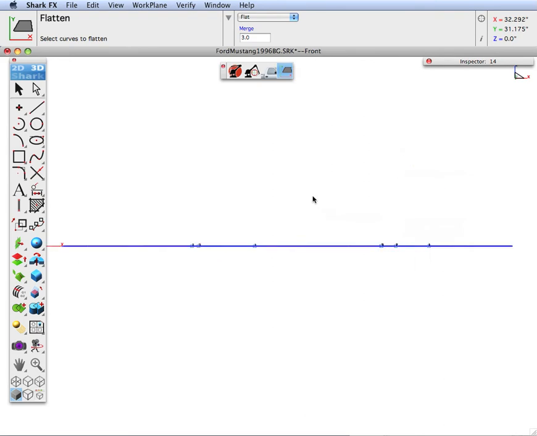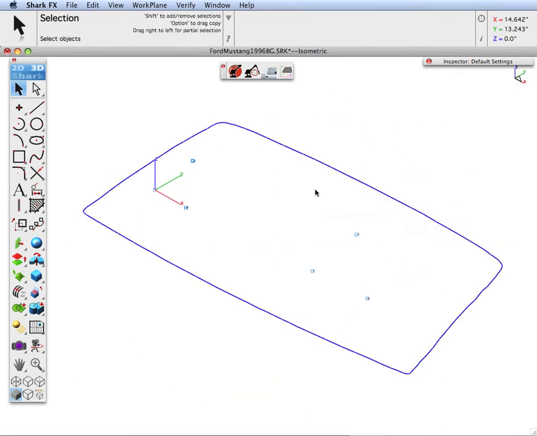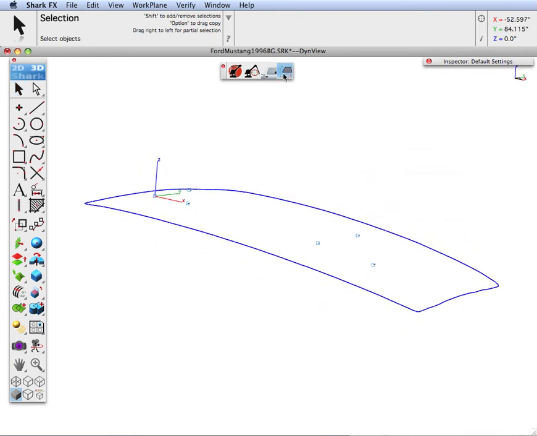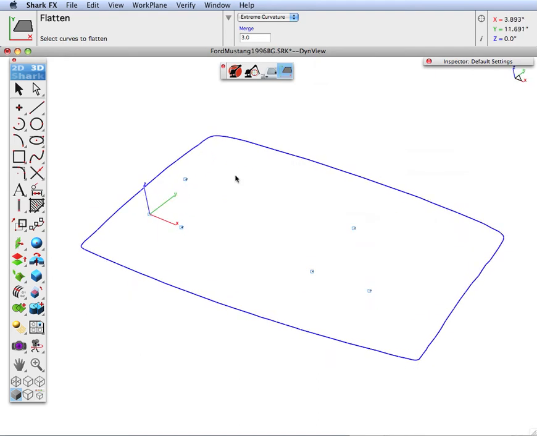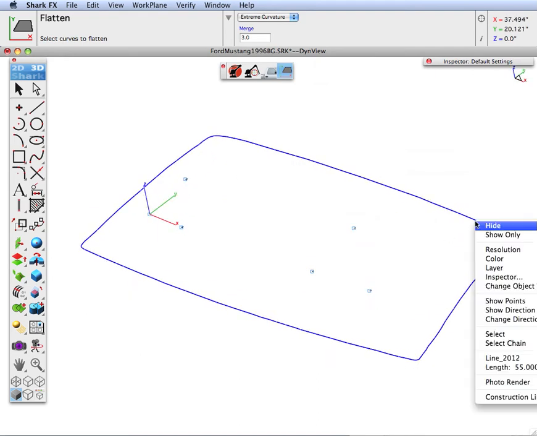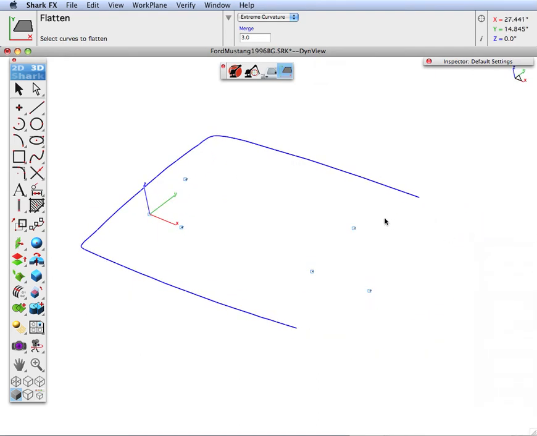Let's go ahead and do that again. Only this time we'll use the new curvature flattening algorithm. Let's pick extreme curvature. And this method requires that you select one loop at a time. So let's select